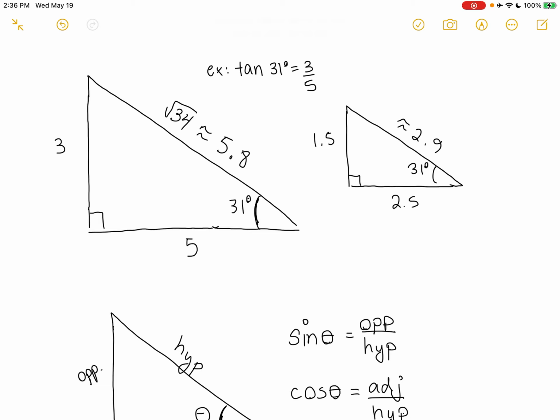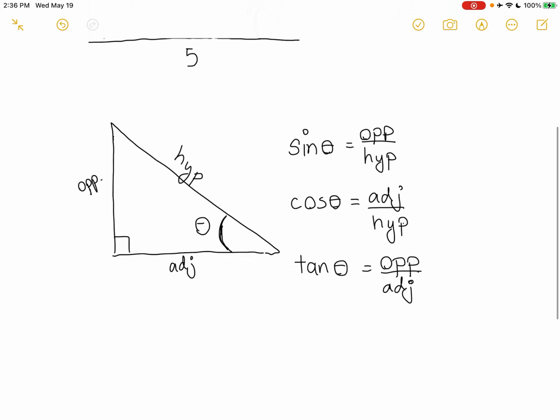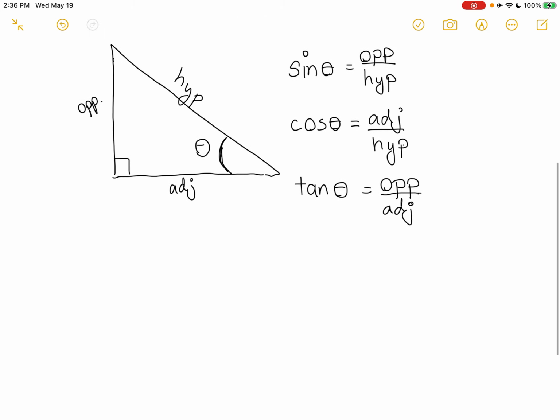Based on similarity, okay? And so mathematicians recorded all of these different ratios for all of these different types of right triangles in a book. And now that information is all stored in the memory of your calculator. And we can use that when we're solving problems involving right triangles. So for example, you may have been asked last year to do something like this,